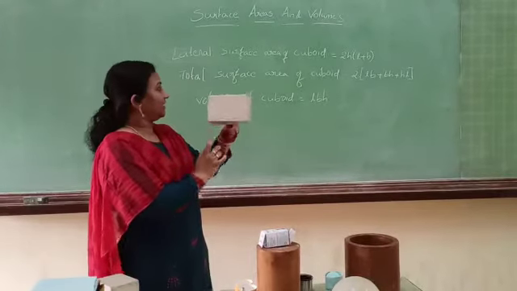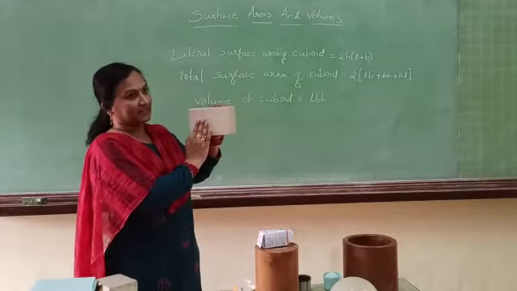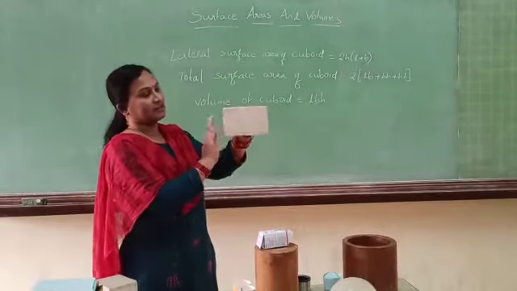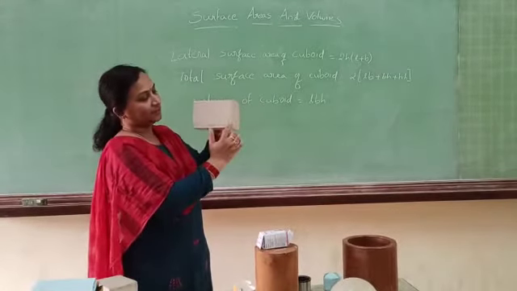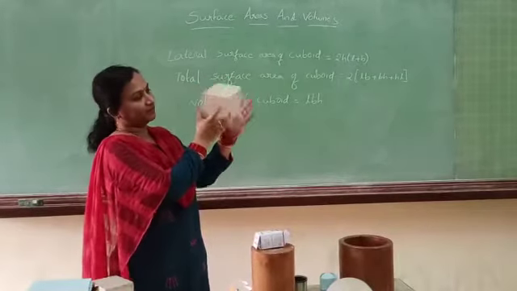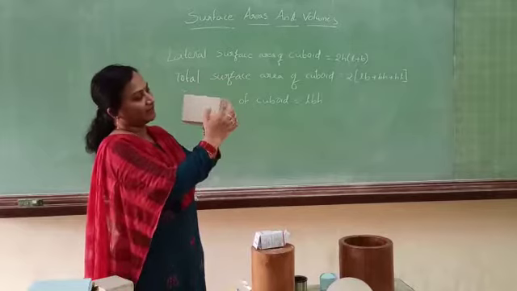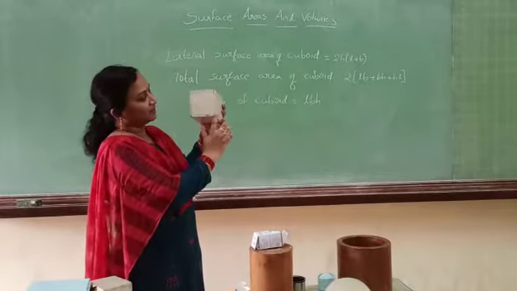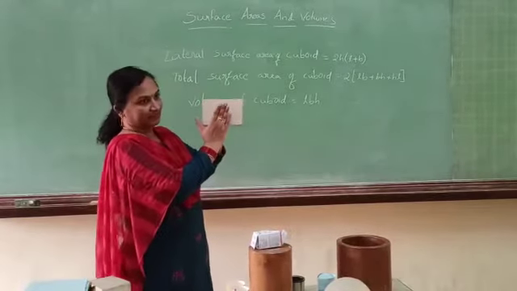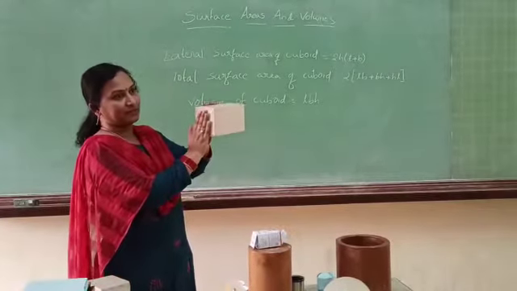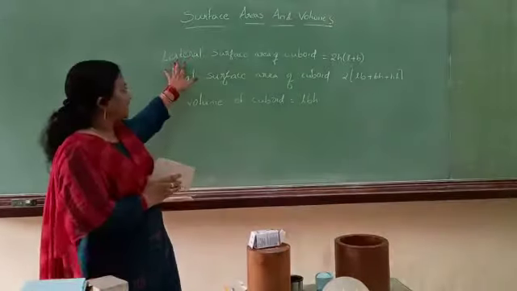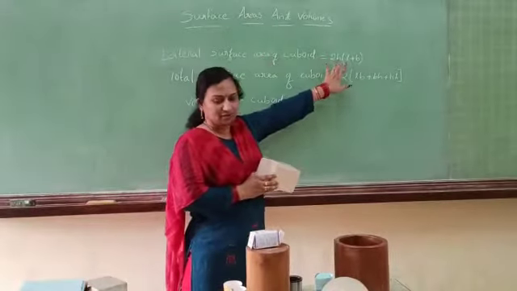If you take the lateral surface area, we are going to count the 4 sides which are on the lateral sides. So, this is L into height, this is B into height, L into height, B into height. That means 2 times L into height plus 2 times B into height, which is nothing but 2h into (L plus B). So, the lateral surface area of a cuboid is 2h(L plus B).